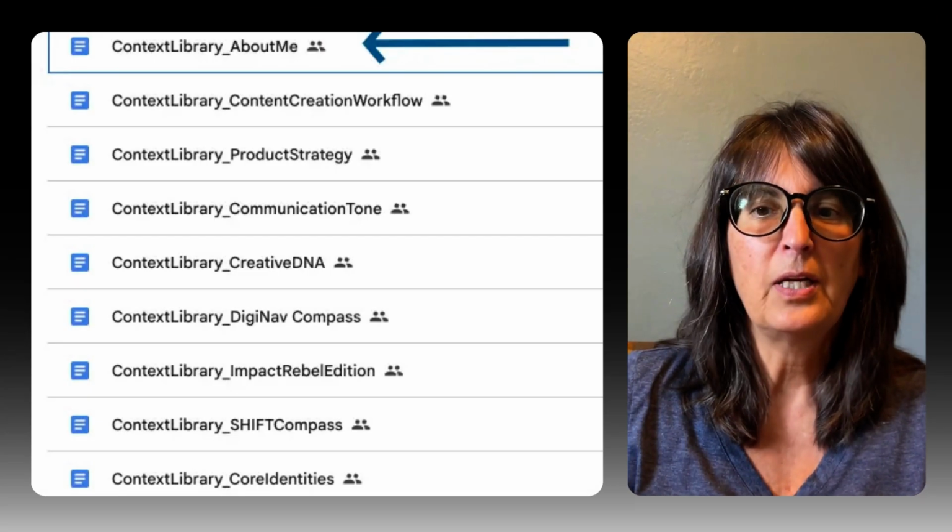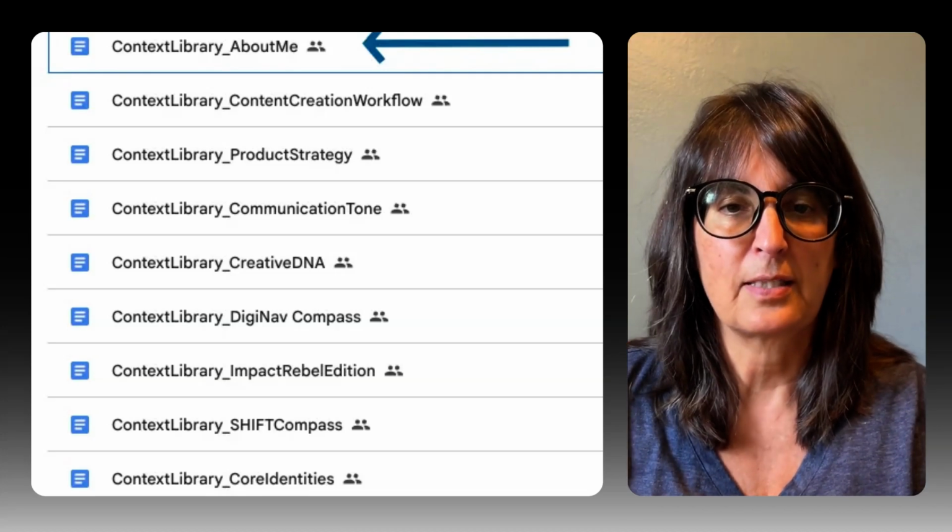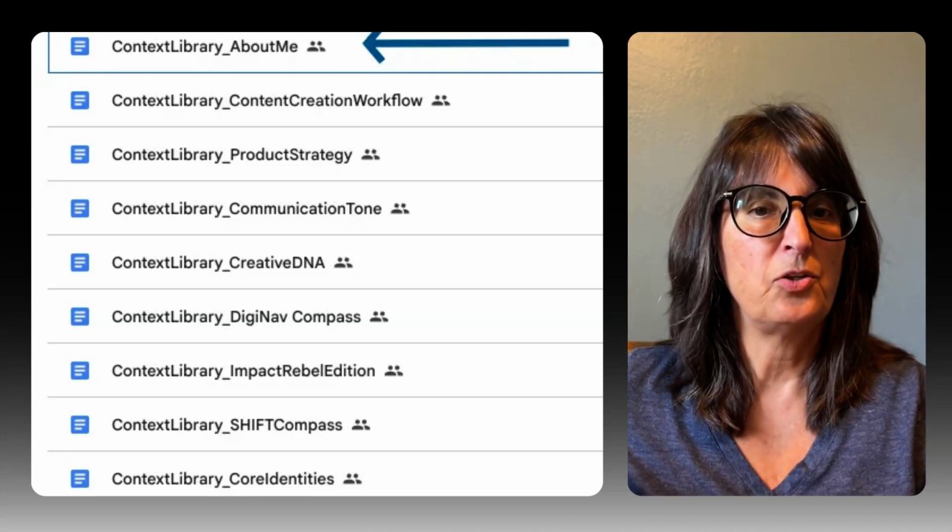Now, this is nothing new. It's been around forever. When we start a business, we're told that we need an outline with our values and our mission and all kinds of other details. And so we create it, and then it gets pushed aside. And as you grow, you're still using old information for new pivot points. I created 10 different parts of my context library, and it continues to grow.